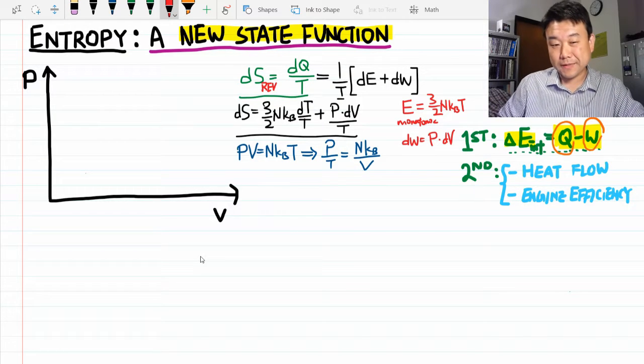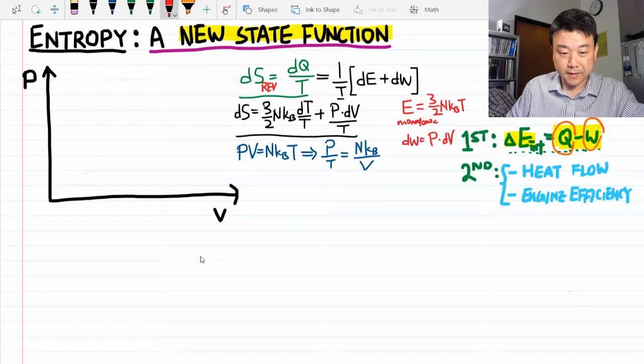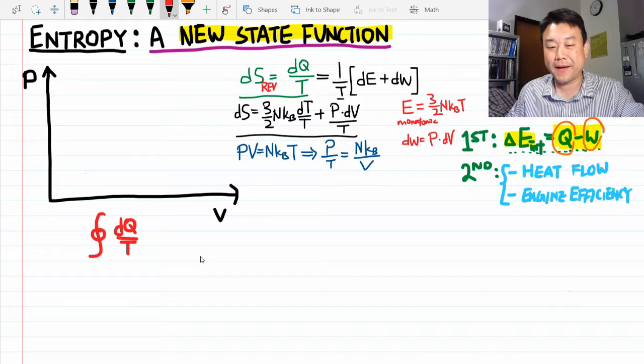So if you've seen this written out before, this is what the inequality looks like. It describes the integral over a closed path of this quantity dQ over T. And even though that kind of looks like the entropy over there, I'm going to be careful not to quite say that, because I want to be careful about how I'm labeling these parameters here.